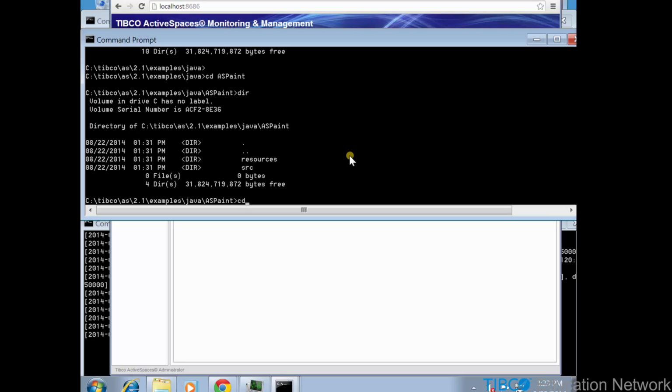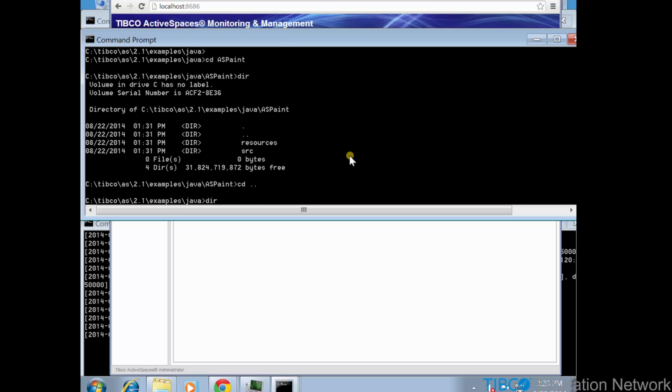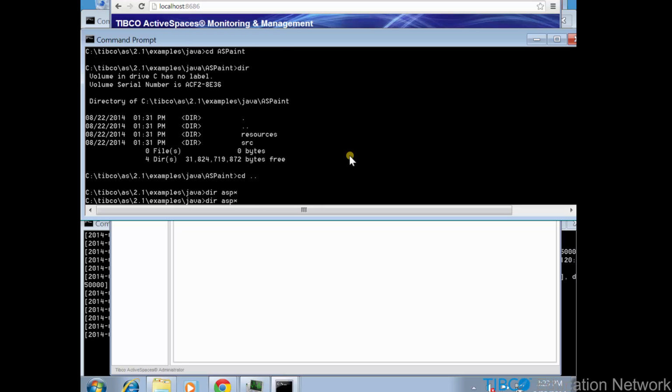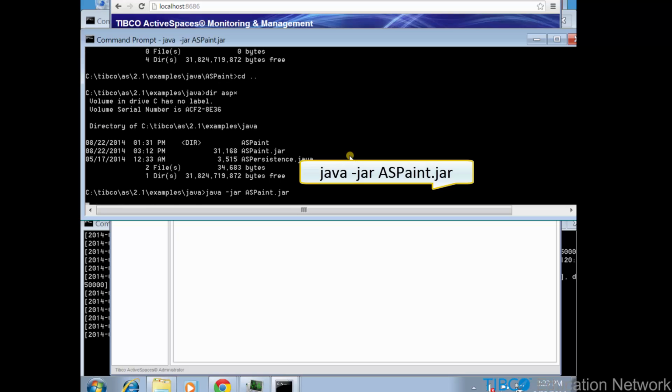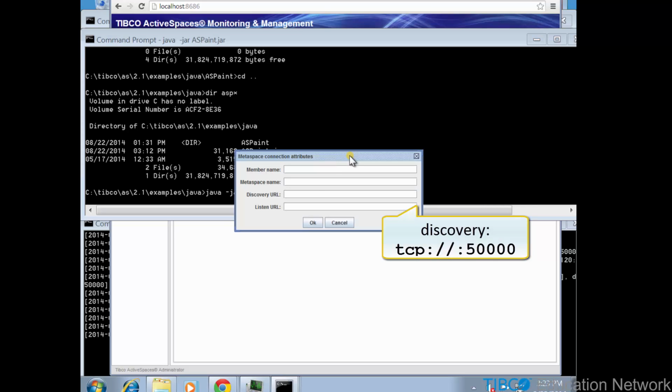To run ASPaint, navigate back to the ashome/examples/java folder. Also make sure you have JDK version 1.6 or greater installed. Then just type java -jar aspaint.jar. By the way, also make sure you use a 64-bit version of the JDK if you have installed the 64-bit version of ActiveSpaces. Connect to the default MS metaspace with the discovery URL